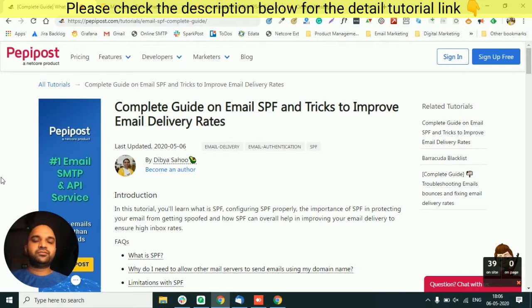While this is one of the very important email authentication mechanisms which you should be doing on your emails, it is very important to understand why it is so important to do SPF, what its benefits are, and whether doing SPF is really going to help you in email delivery. Is it going to help your emails reach the inbox? If you have not done SPF, does that mean your email is going to land in spam? You should know the answers to all these questions before doing SPF.